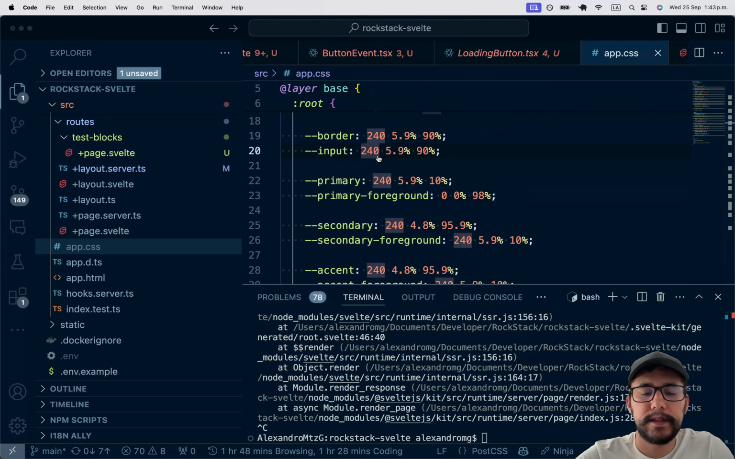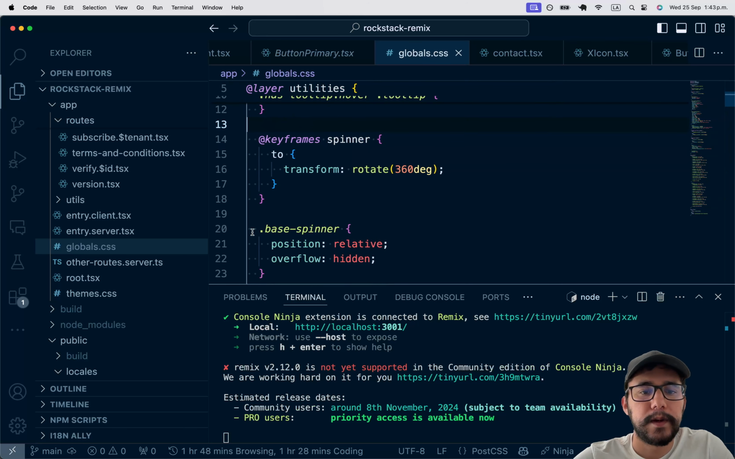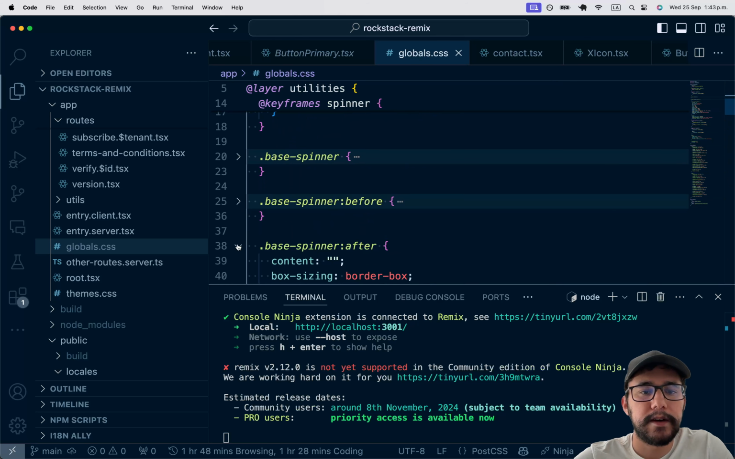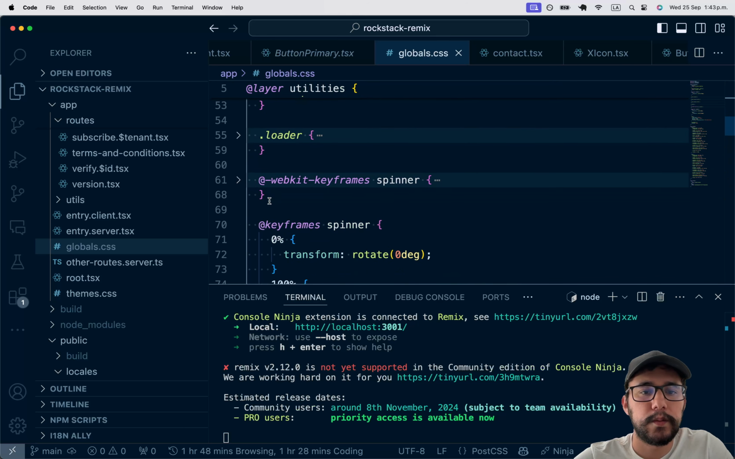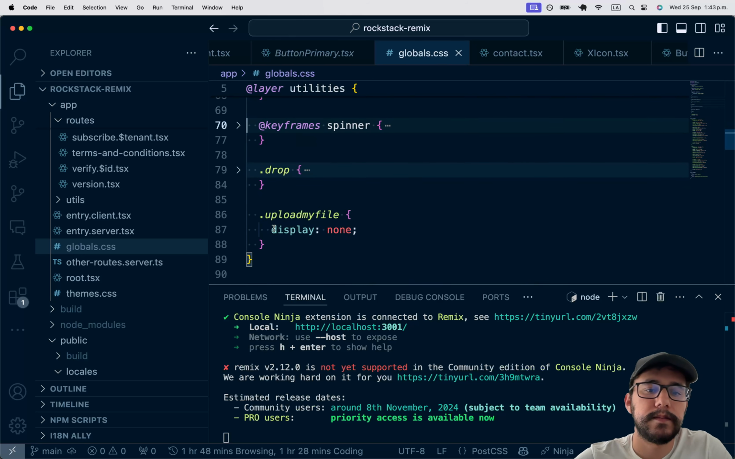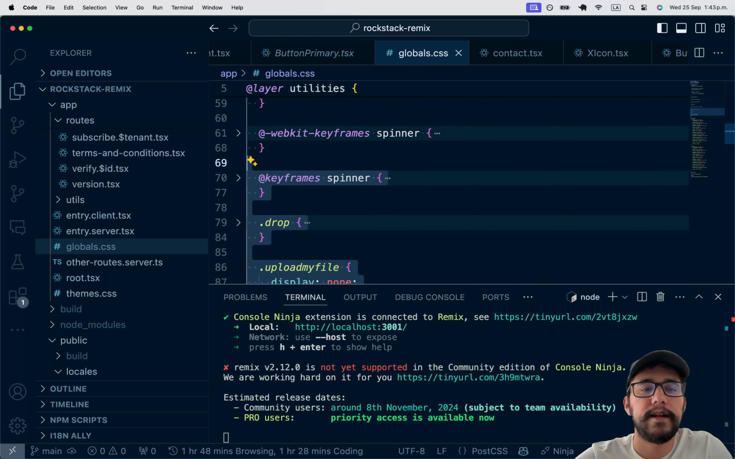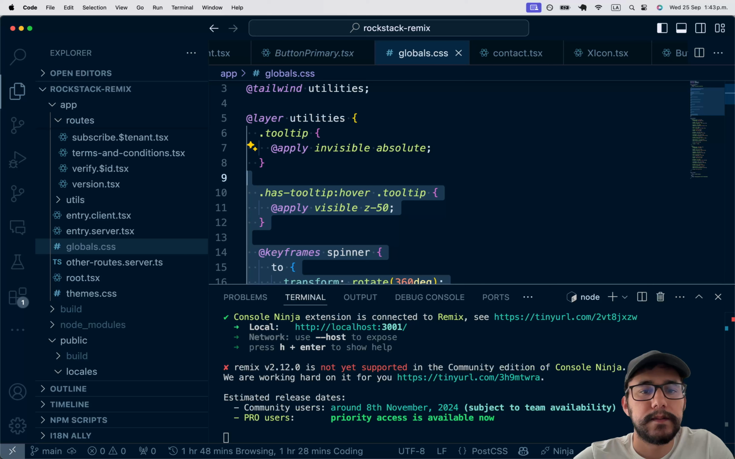I need to go to Remix and find the global CSS and find the spinner. And I need to copy paste this base spinner and the loader as well. And the WebKit keyframes, all of this. And also the drag and drop files class names. So I'm gonna copy all of this